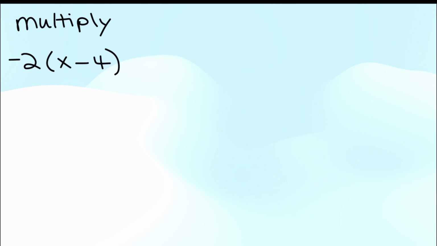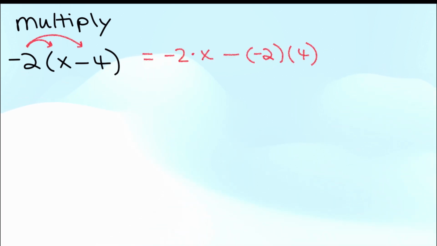Here's another one. Negative 2 times the quantity x minus 4. I'm going to distribute the negative 2, so I'm going to take negative 2 times x, and then I'll take negative 2 times the negative 4. So negative 2 times x, and then you could also write this as minus negative 2 times 4. Either way,